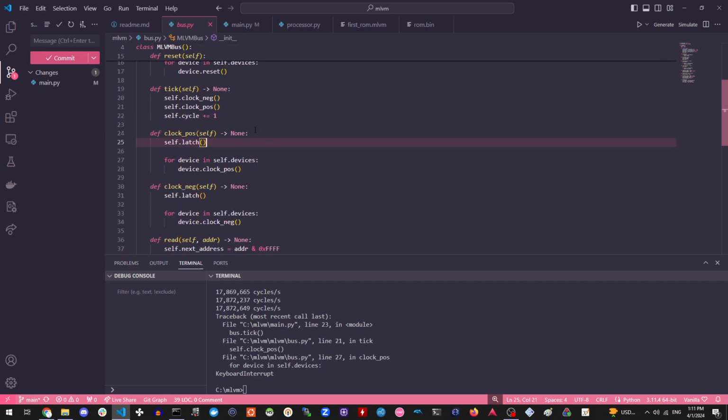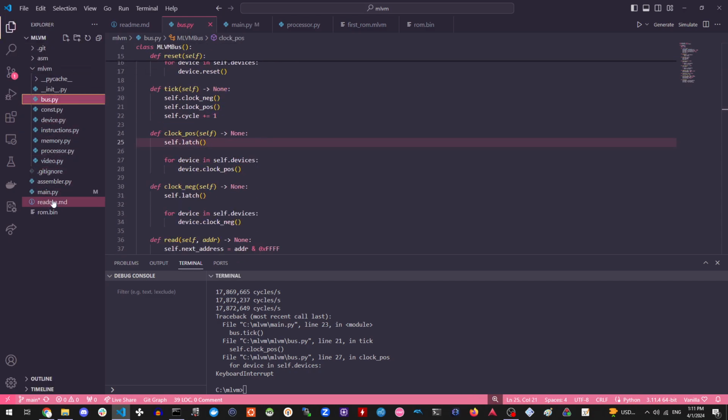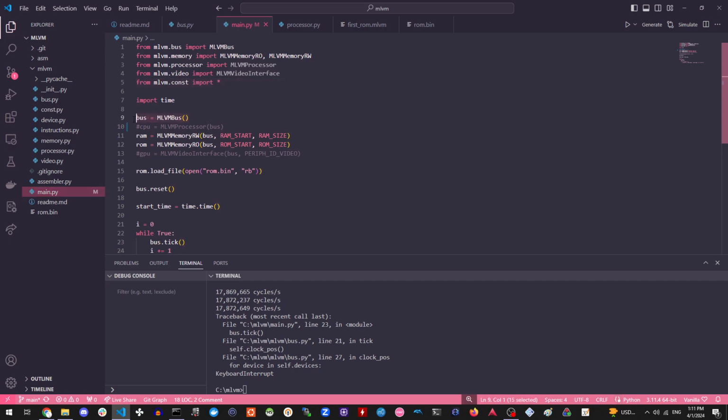So we can first look at how I'm using it. I just instantiate the bus here, and then I start attaching some devices. I make a RAM, which is a read-write memory, and then I attach a ROM, which is just a read-only memory. This RAM starts at address 0 and it's 24K, and this ROM starts at address 8000 hex